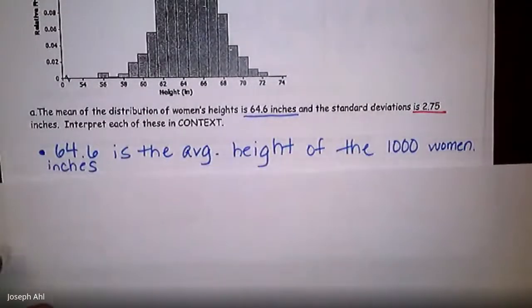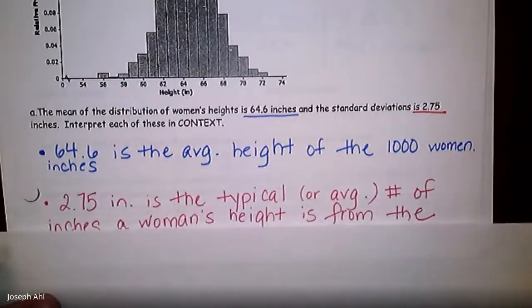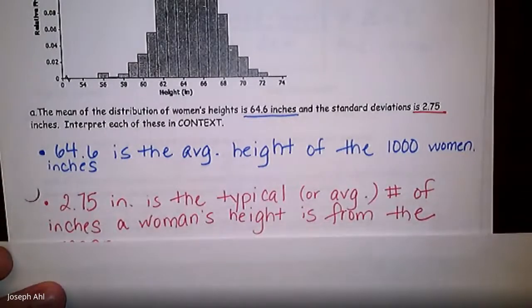So the 64.6 is the average height in inches of the 1,000 women whose data was collected here. Okay. So when we talk about standard deviation, which will be a huge part of what we talk about in the next few lessons here, the standard deviation's definition is the average distance that values vary from the mean by. So the way we would interpret the 2.75 is we would say 2.75 inches is, I called it the